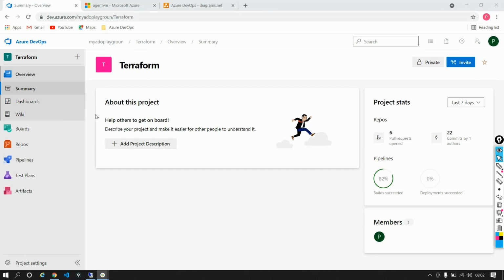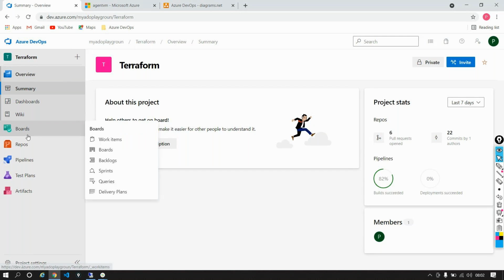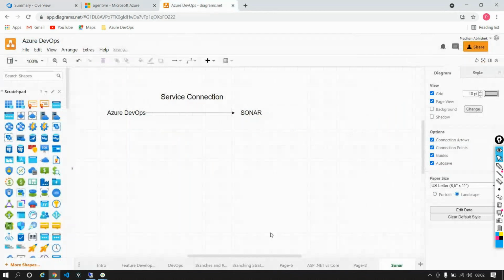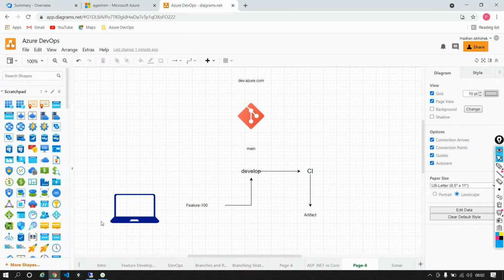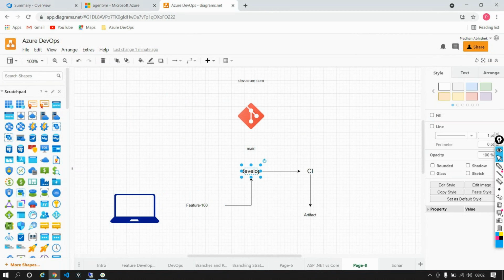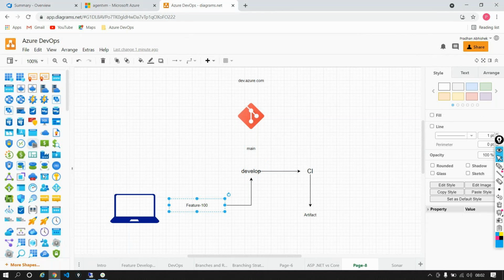All right. So let's come back here, and we are here. This is what we have been doing. So we have a developer who's checking in the code into the develop branch using a feature commit. And here, in order to eliminate the manual procedure, we have done what? We have done a Sonar integration